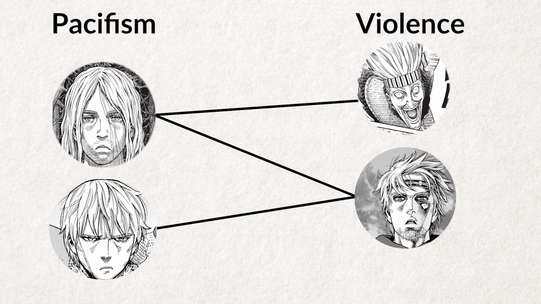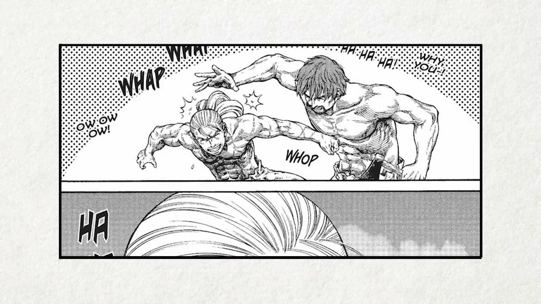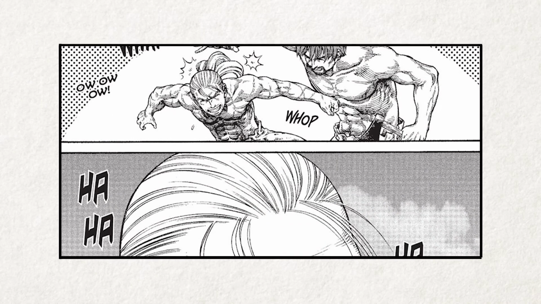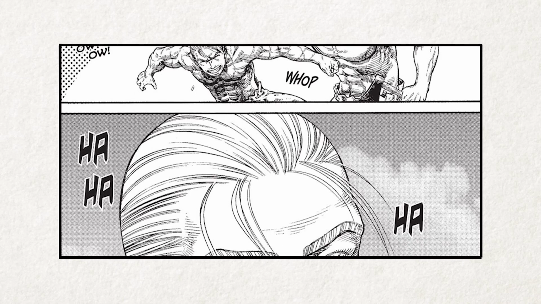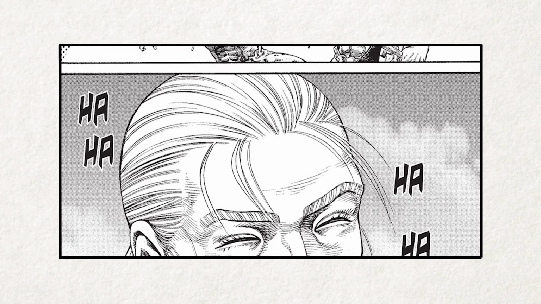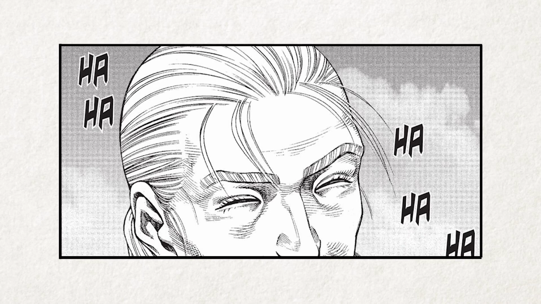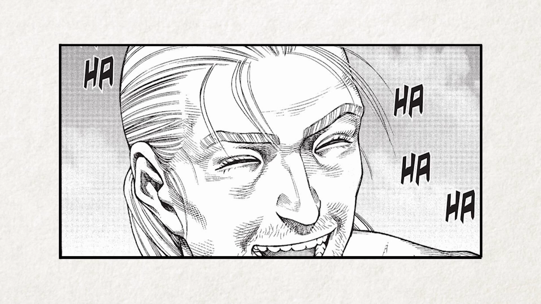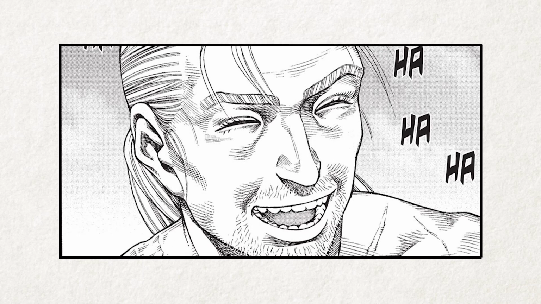Having one central, steadfast theme is often a good thing for a story, but I think having two themes interact and evolve alongside each other dynamically like this, using the contrasting elements to bring out both the weaknesses and strengths of both ideas, is an excellent way of maintaining a consistent and competent dialogue of ideas within your story. It lends the story a thematic breadth that is exactly appropriate for discussing themes as large and important as war and pacifism. Violence isn't as simple as I want to fight, and peace isn't as simple as I don't want to fight. And Vinland Saga approaches both of these ideas at the same time.